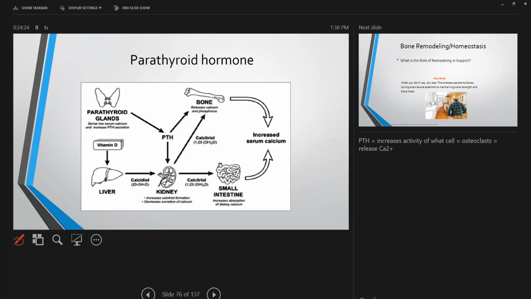which causes activation of osteoclasts. And osteoclasts will break down the bone, which in turn releases calcium and phosphorus. This will then increase the calcium level in the blood. This can also target the small intestine and the kidney to retain calcium and phosphorus so that we can increase